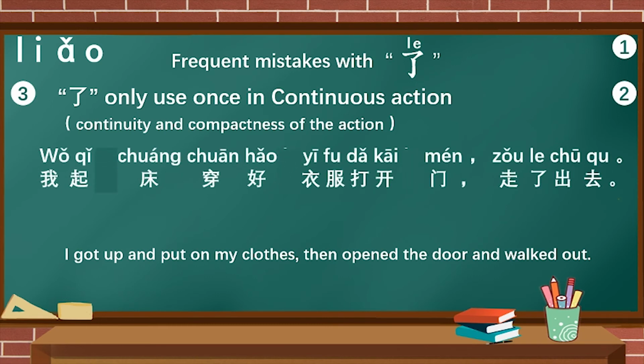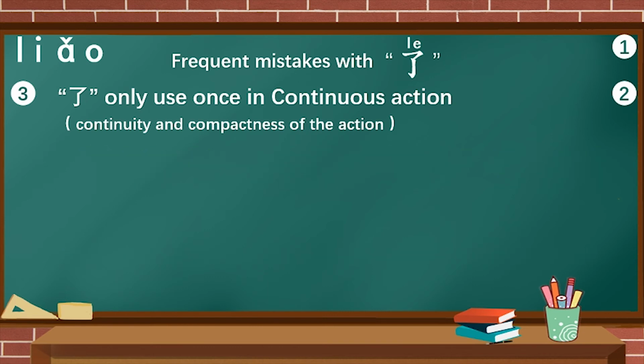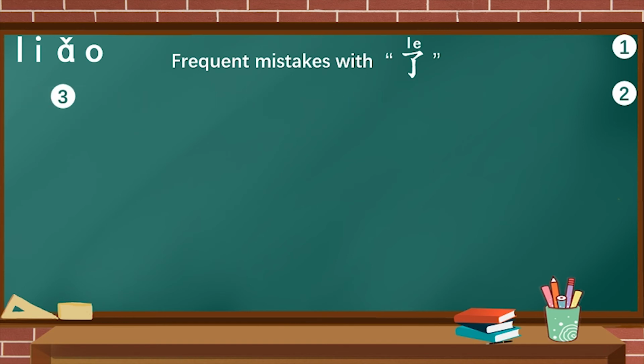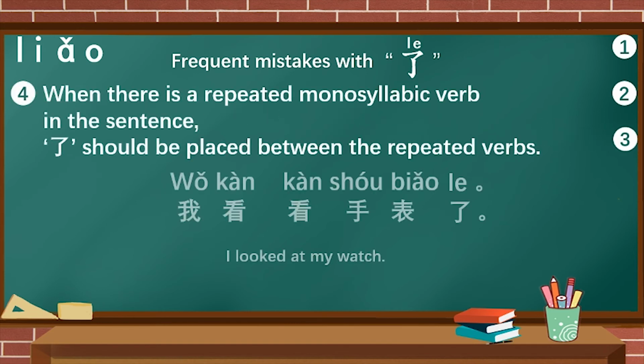The right sentence is 我起床，穿好衣服，打开门，走了出去。我看看手表了。It's the wrong sentence. The right sentence is 我看了看手表。